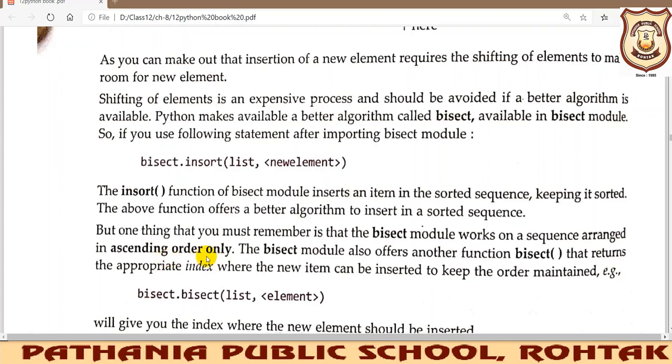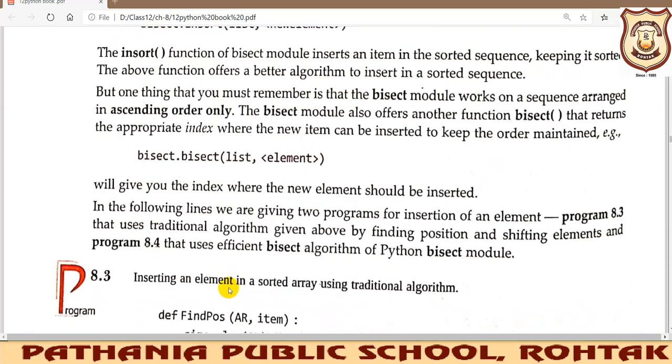So you need to reverse it first, then insert the given element, and then reverse again to get the desired descending order. In this way we can implement it, and this is not that troublesome.